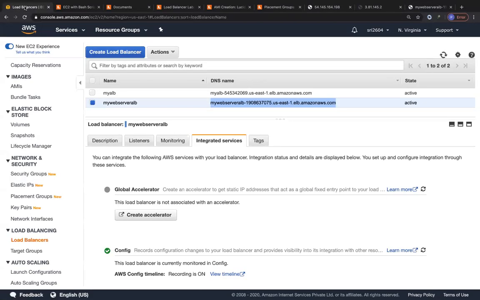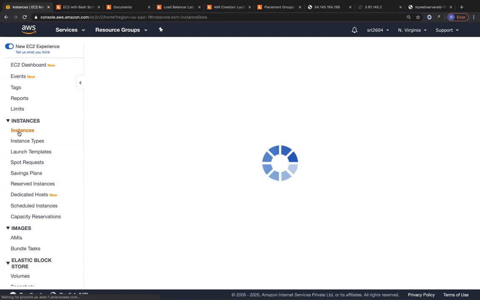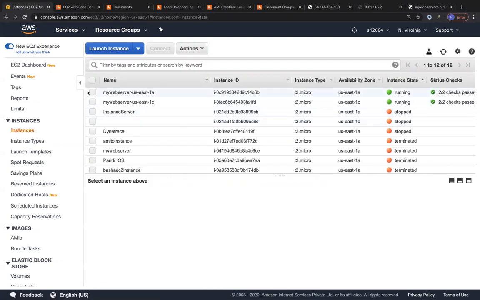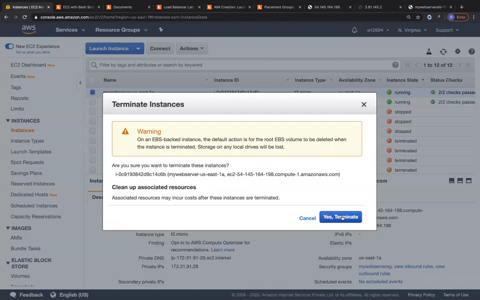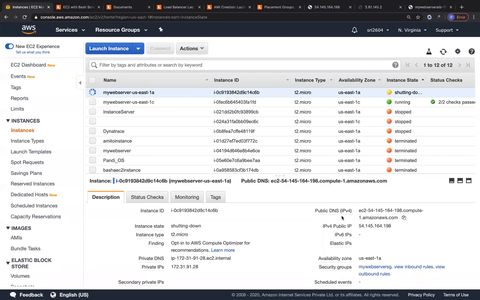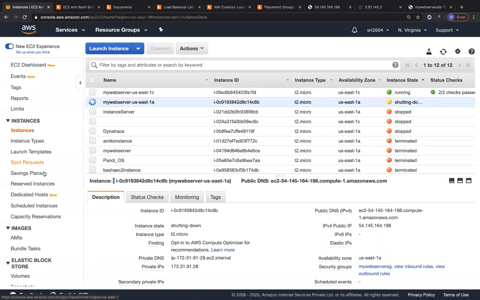So for you to note this configuration, and you can see that this is also not secure because we have our ALB running on HTTP only. Okay. So now one thing that we are going to do over here is, since I told you that load balancers can help you from availability zone failover, let's manually shut down one EC2 instance. Let's terminate it. Let's terminate one EC2 instance. So the US East 1A, I'm going to terminate this one. The reason I'm terminating this one is to ensure and show you that load balancers can help us from availability zone level failover.